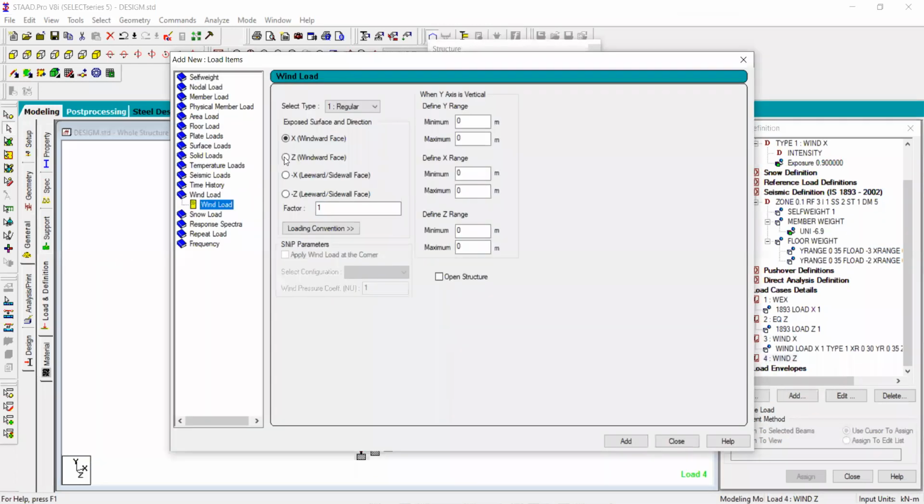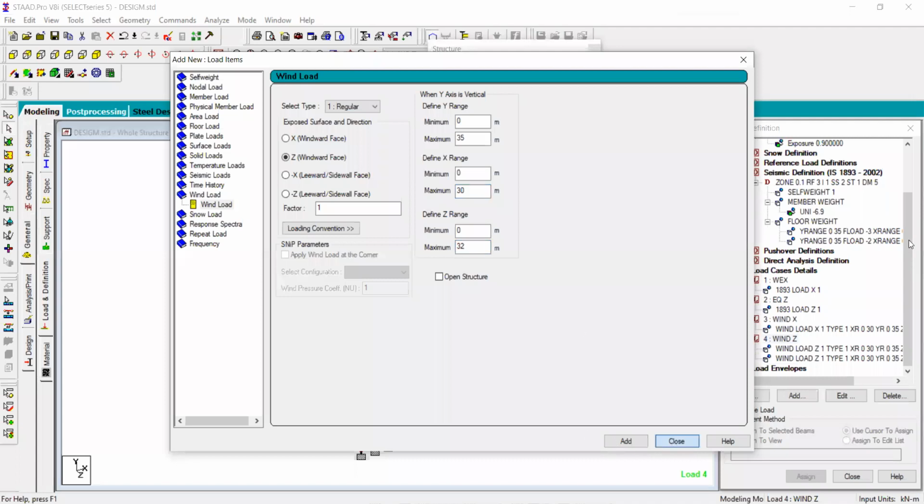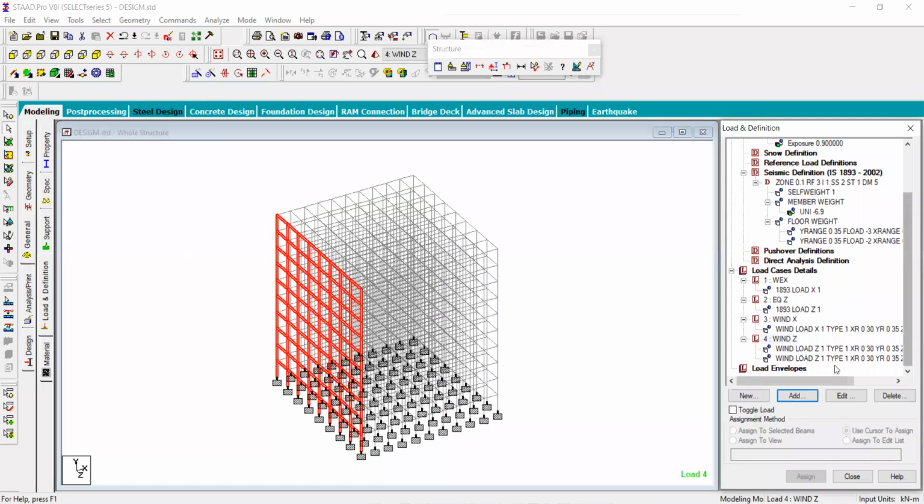This time you put the z direction, and fill the value of y equal to 35, and x equal to 30, and z equal to 32, and just you add, and in this way it will put the forces in the z direction.